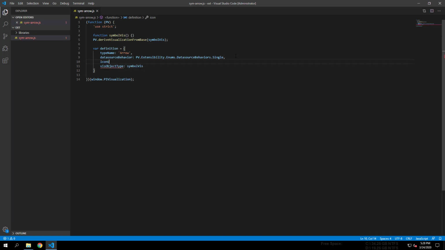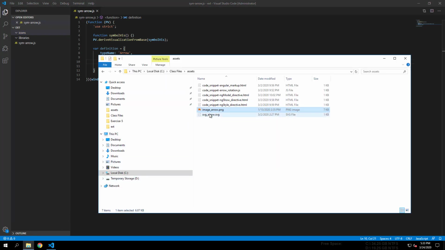I'll also be specifying an icon URL to distinguish my symbol from other symbols in the symbol selector. We have included a PNG image in the class files folder that can be used for this purpose. I'll create a folder for my icons within the symbol extensibility folder to put our image in. I'll copy the PNG into this folder and rename it so that it's easy to distinguish from another symbol's icon.